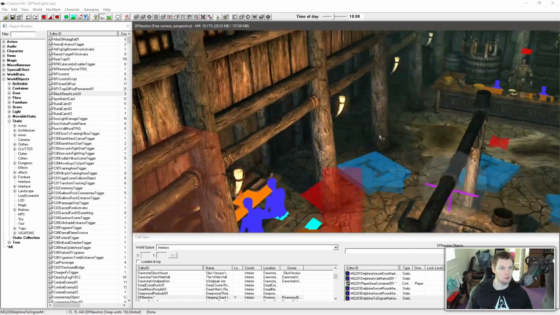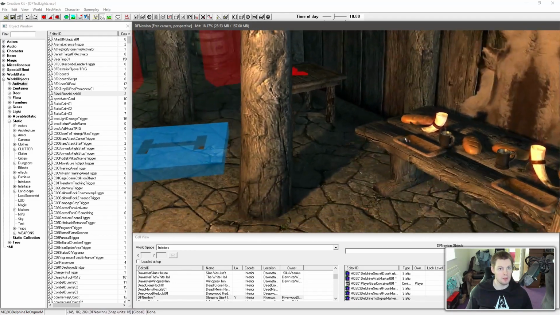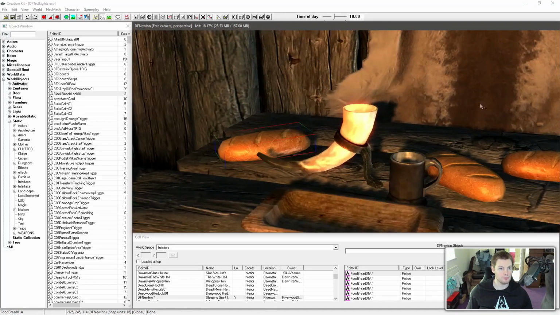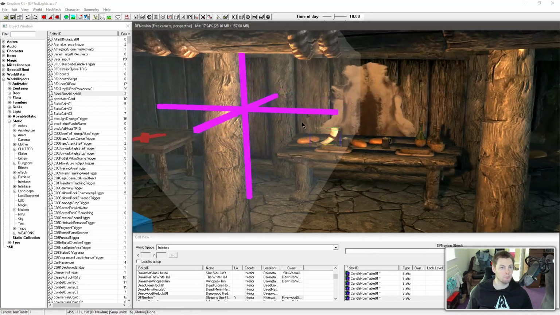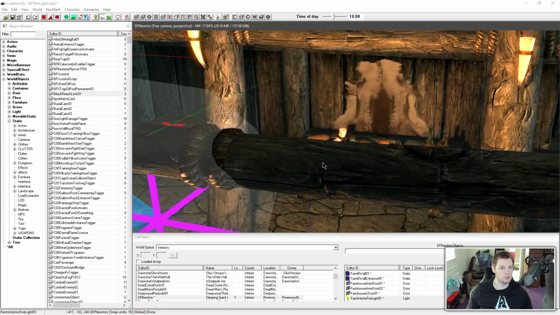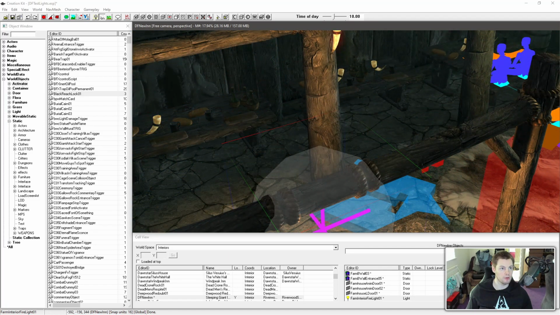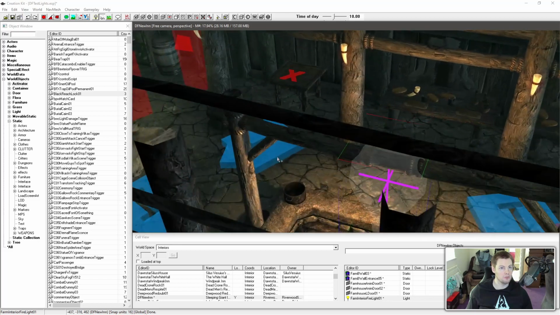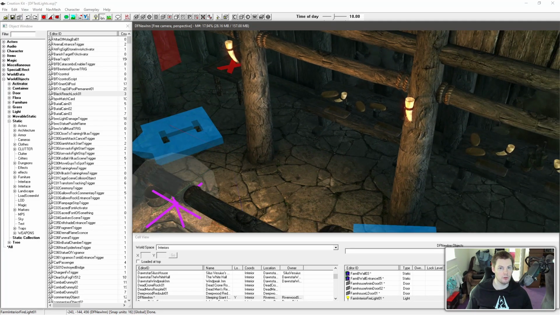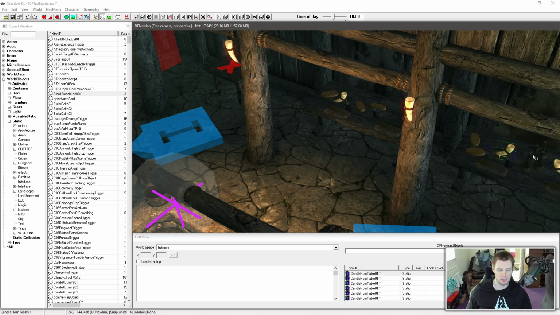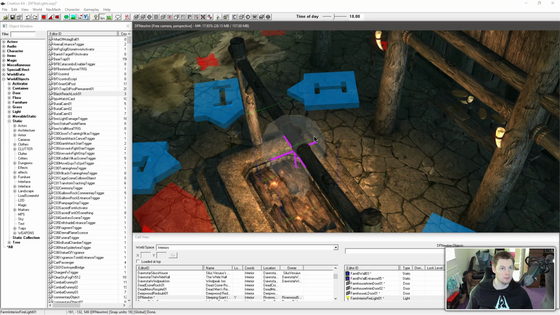So I'm going to choose the candles that we have on the side down here, and I'm going to swap one of them out. So I'm actually just going to flat out delete that one. We're going to have this one here. So let's get rid of that light source. So let's say this light source was a lot smaller in radius, and you've got some dark corners here, and you want to be able to go and turn this candle on and this candle on and any of the other candles and whatnot, and you want the ability to knock them on and off, then this would be a